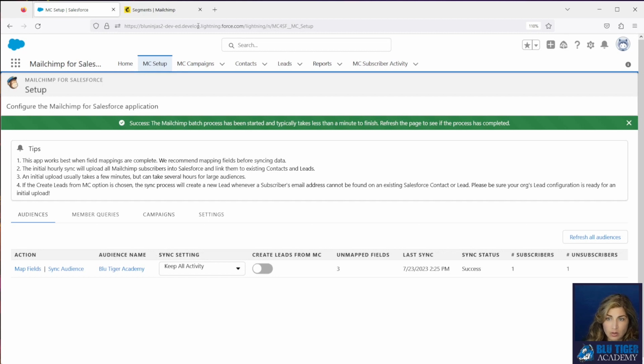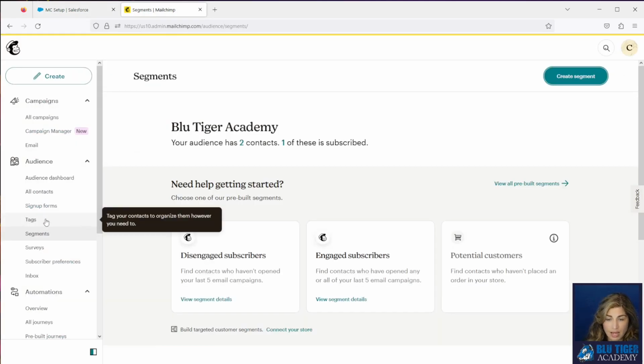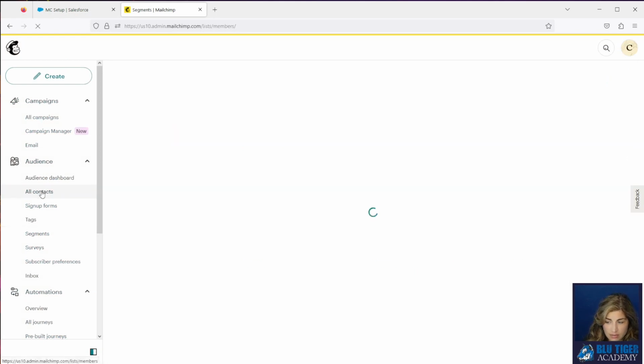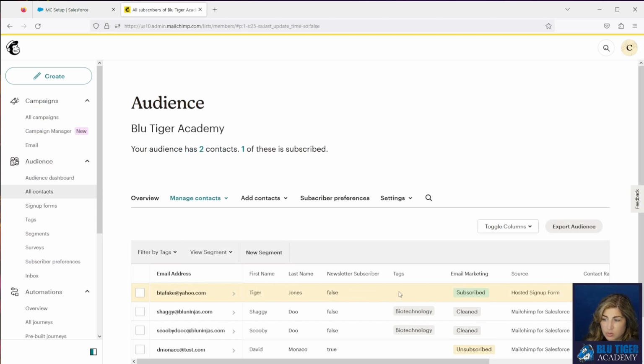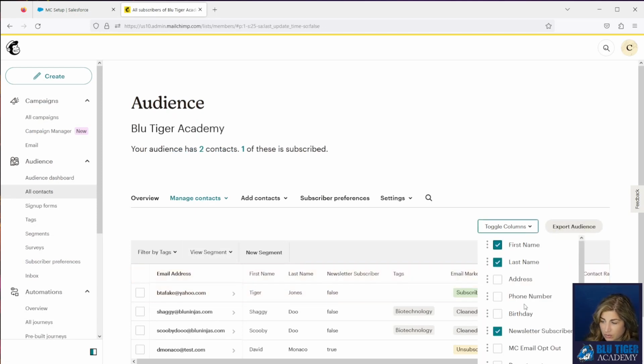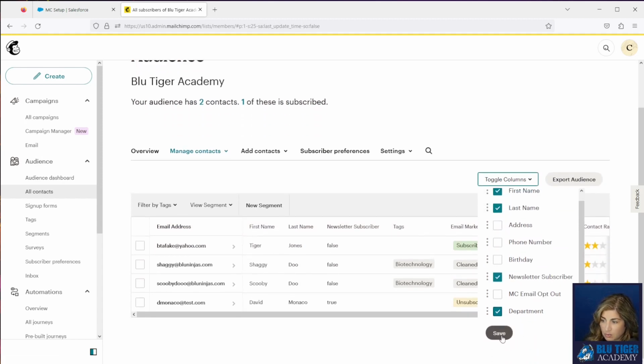And so I'll go over to MailChimp, and I will go to all contacts. And then I'm just going to add department as a column here. So we can see that the department field was created. And we'll click save.